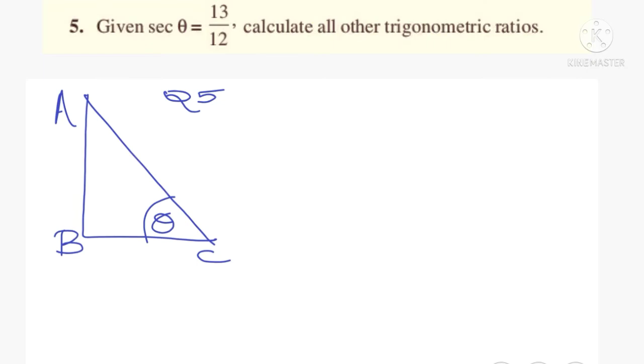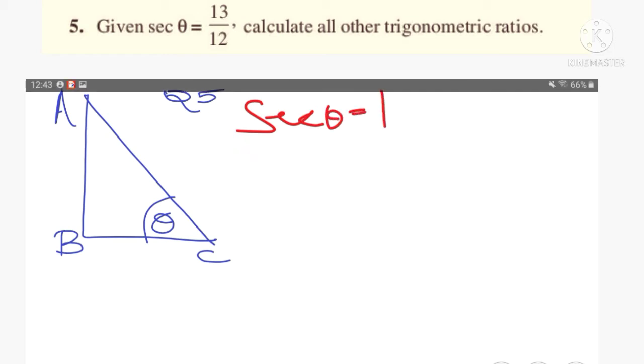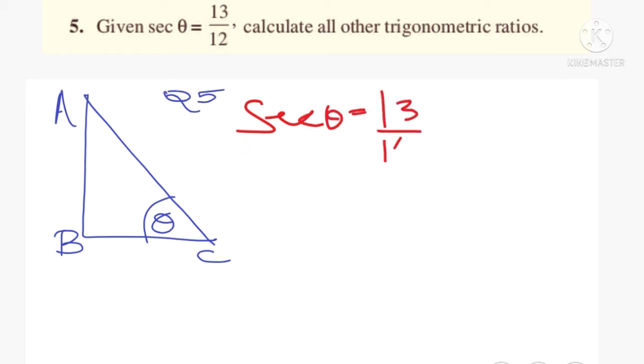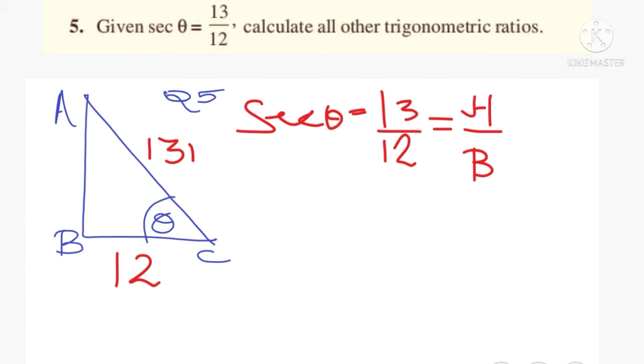Now question number 5 says that secant theta is 13 by 12. So let us see what is the formula for secant theta. Now secant theta is reciprocal of cos. Cos is brown hair. So we write in reverse order. We get the formula for secant theta as hypotenuse upon base. Now clearly hypotenuse is 13, base is 12, and since again it is given to be the ratio, for subjective we need to use the K factor.